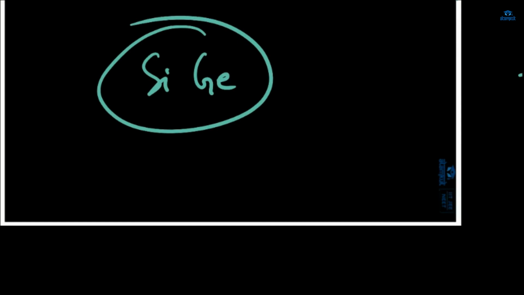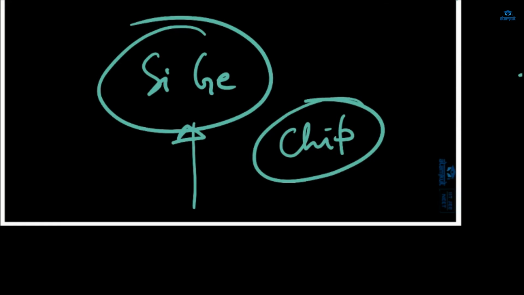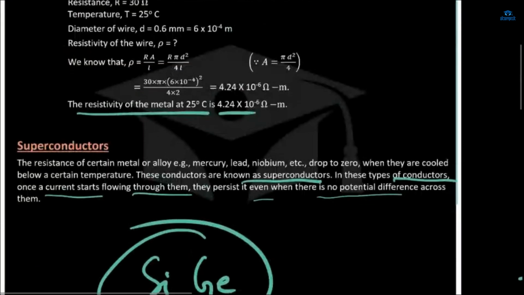ये कुछ कंडीशन पे होते हैं, वो तुम पढ़ोगी जाकर के, जब तुम हायर क्लासेस में पढ़ोगी, कि वो एक वैलेंस शेल से ऊपर जाते हैं तो वो इलेक्ट्रिसिटी कंडक्ट करने लगते हैं, जो कि अब तुमको लास्ट क्लास में भी बताए थे कि मोबाइल के जो चिप होते हैं उनमें लगता है, ठीक है। मेमोरी कार्ड में जो चिप लगा होता है उसमें सिलिकॉन जर्मेनियम का लगता है, ठीक है। तो इनके अगर हम टेम्परेचर बढ़ाते हैं तो रेजिस्टेंस घटता है, ठीक है। ओके ओके, ठीक है, चलो तब डन।